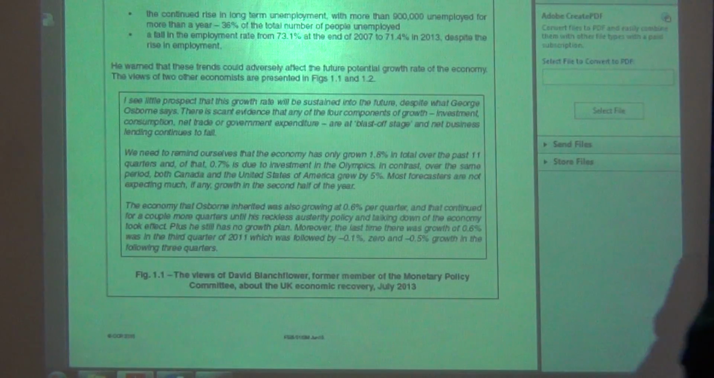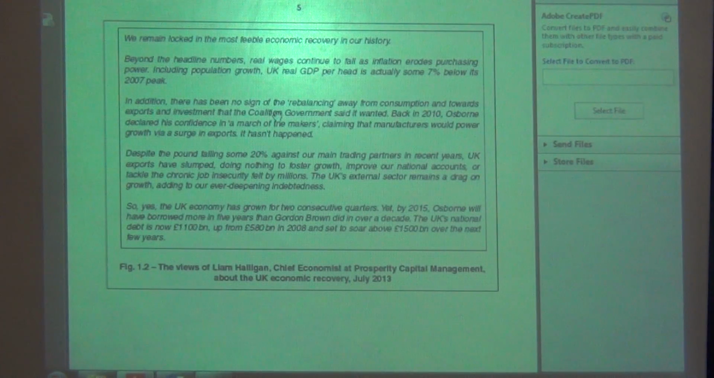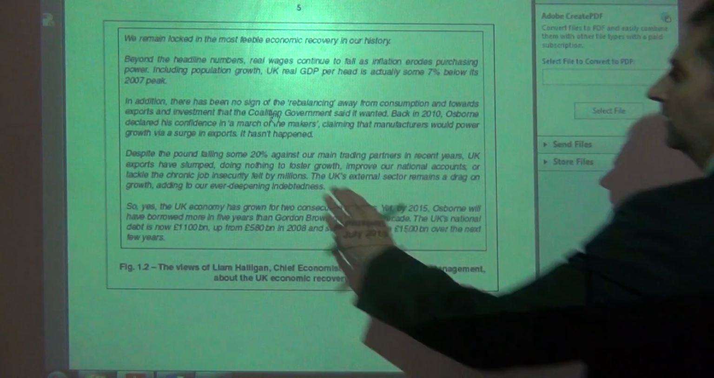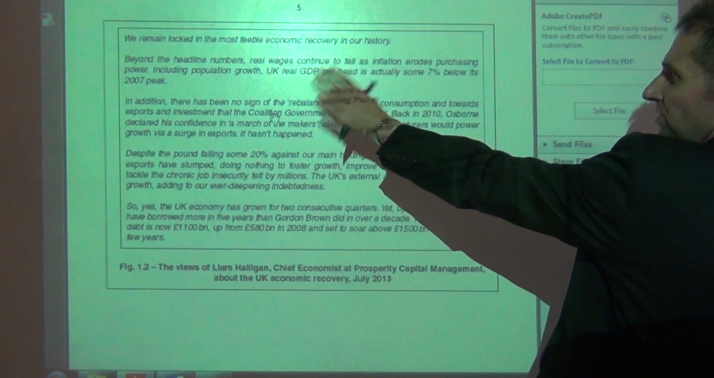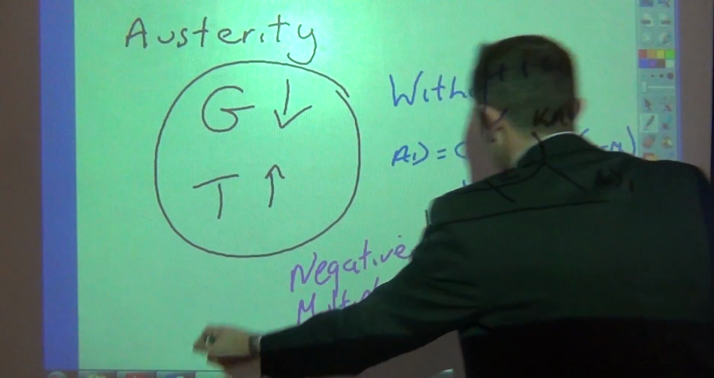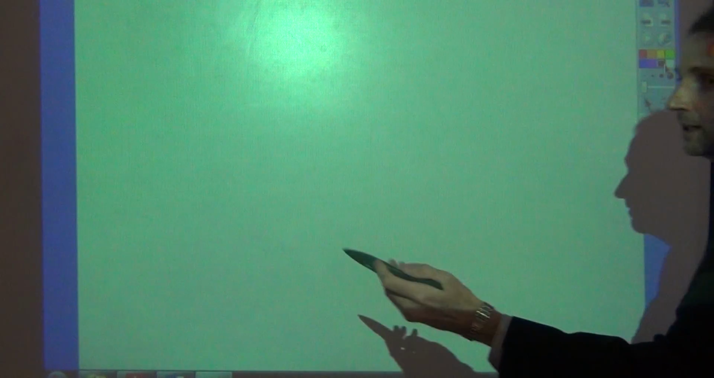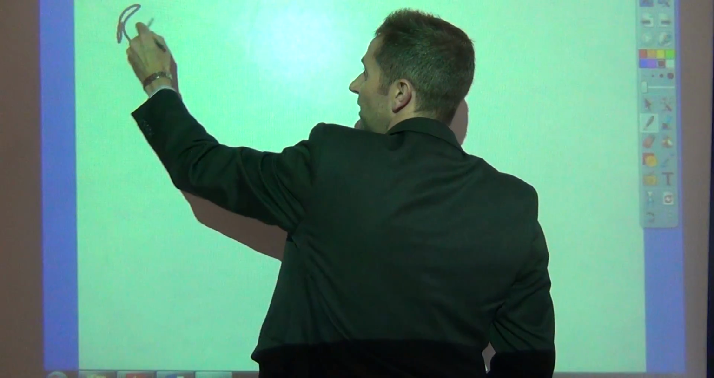And then, moving on, we now turn our attentions to the views of Liam Halligan. And again, his views are equally sort of depressing, really. But again, he's talking about factors which will constrain growth. Real wages continue to fall as inflation erodes purchasing power. Interesting point. So real wages, you need to know obviously what real wages are. So the real wage